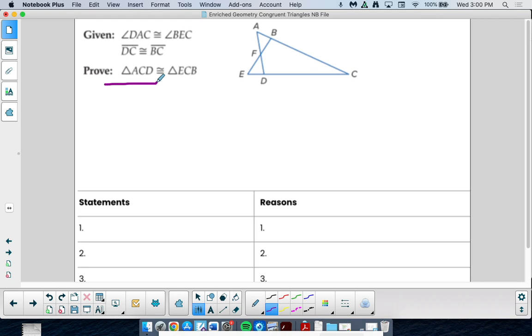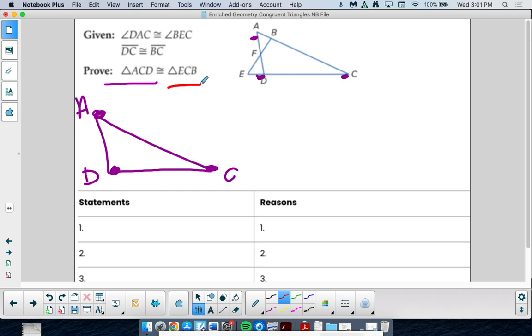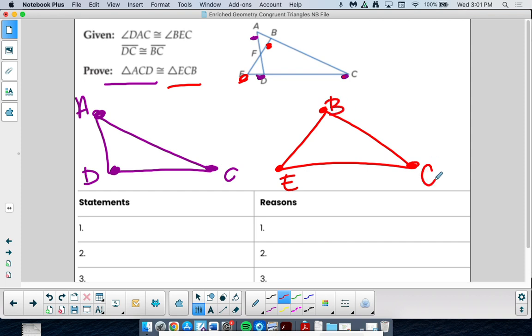So let's draw out triangle ACD. This helps my brain. These are the 3 points that are forming my triangle, so I'm going to mimic that right here. Label them A, D, C. Okay, there's my one triangle. Triangle ECB: this guy, and this guy. E, B, C. Now I promise, even though they don't look congruent based on my drawing,